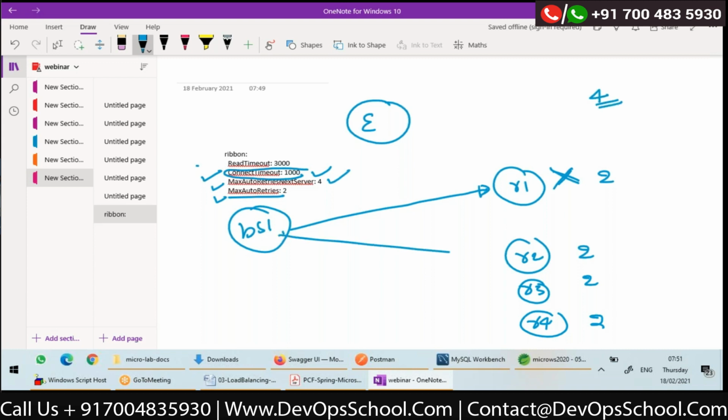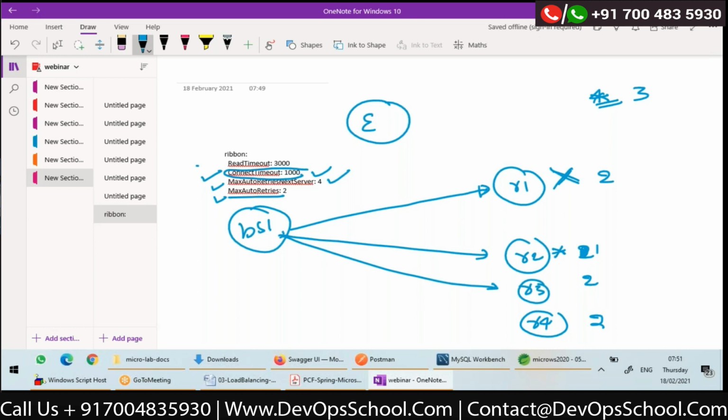So it will make a call. This is down, right? Now the max auto retries remaining will be 3. On this server, how many retries are remaining? 1. On one server, 2, right? I configured. Then again it tries to retry to next one.